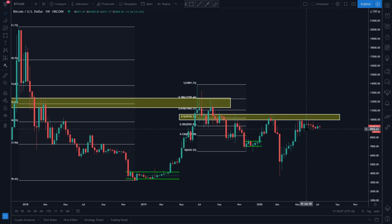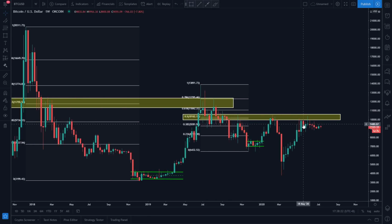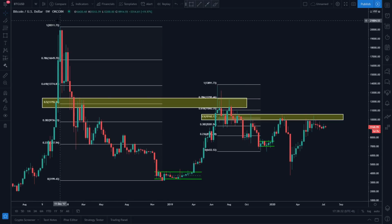And guys, if you look at where we are now, you can also see that the price, after reaching this 0.5 Fibonacci retracement level, is showing this weak rejection, this big weak rejection. You can see the second big weak rejection here. Guys, what I'm trying to prove is whether this is a continuation pattern, because after reaching the peak here